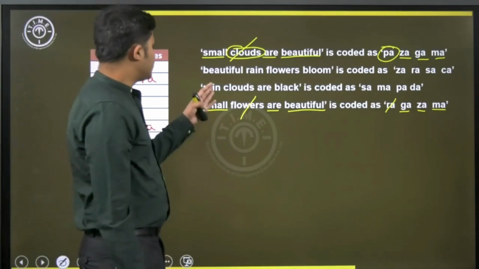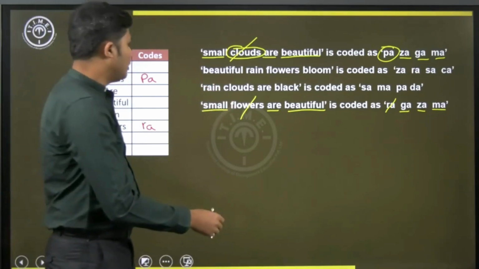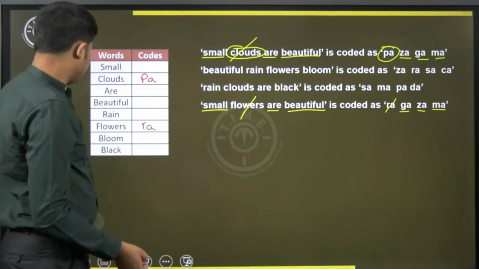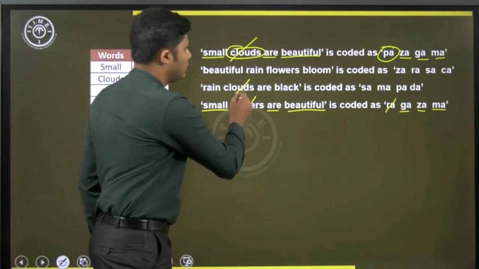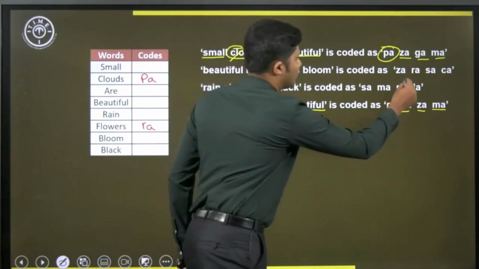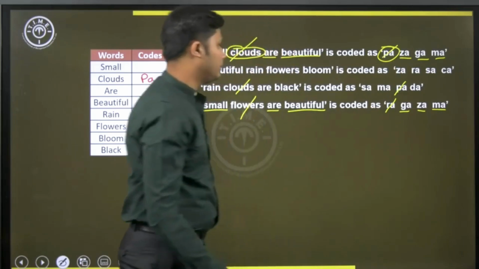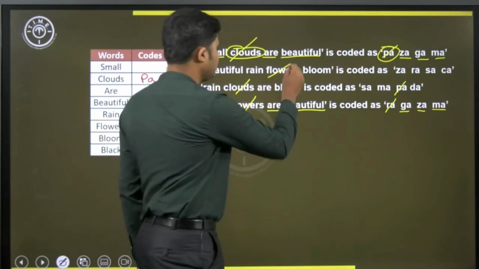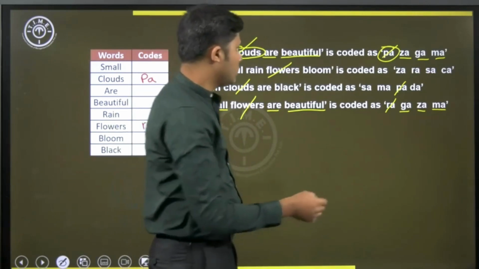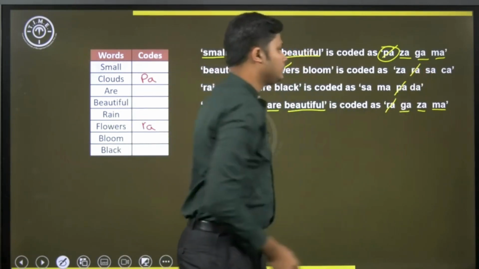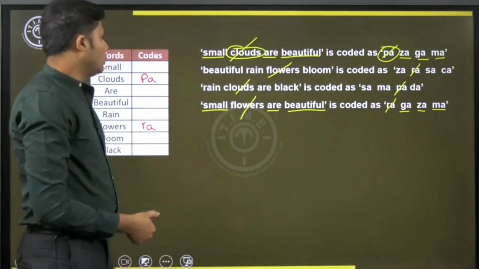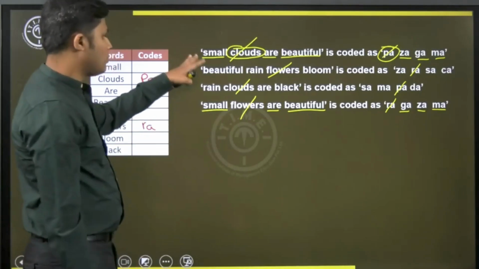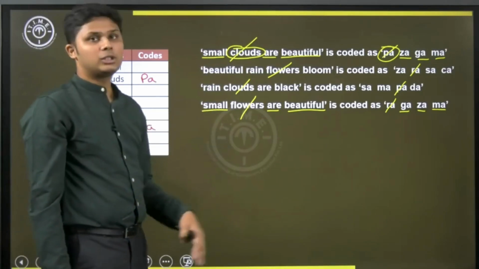And we can check in statement 3, we have clouds. Since we got the code for clouds, we can strike this off, and the code for clouds is PA. And similarly in statement 2, we have flowers, and we know the code for flowers is RA. Now still we cannot find out the code for small. So let's look at the next word,